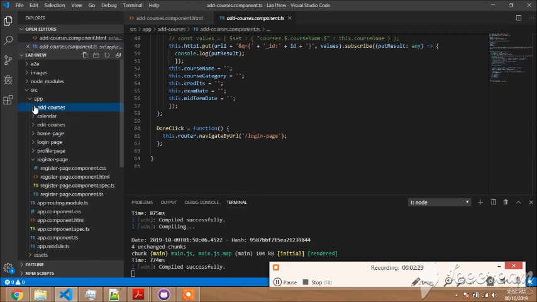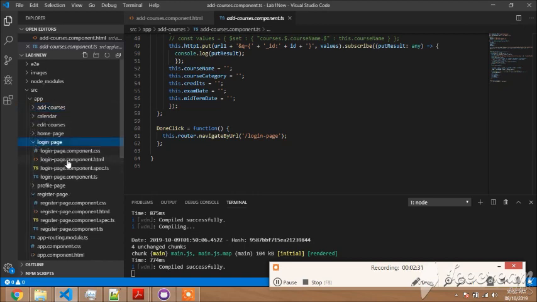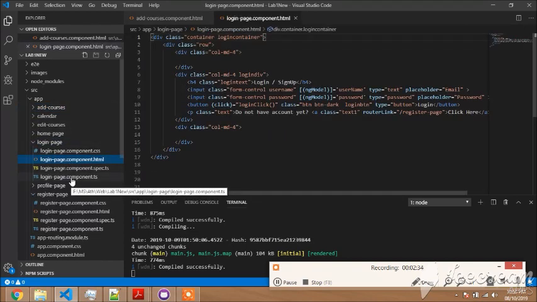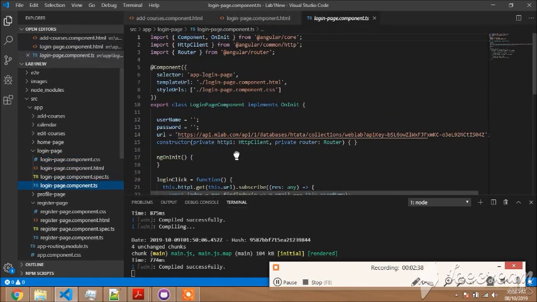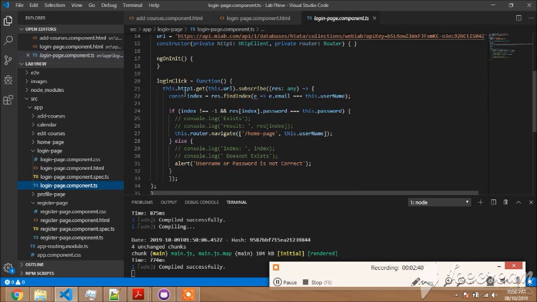The same thing in the login page, I've just created the HTML page with the text fields, username and password. As you can see here in the login click, I will be getting the result, and I'm checking whether the email and the password are present in the MLab or not. If both are present and correct, I mean with the matching username and password in the MLab, it will be navigated to the home page, or else it will give an alert that username and password is wrong. So coming to the home page,